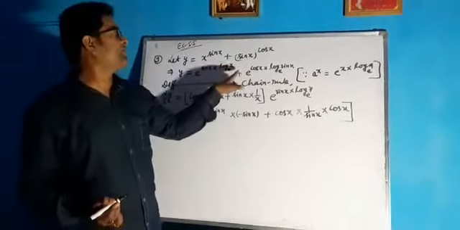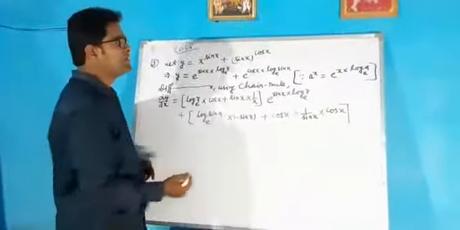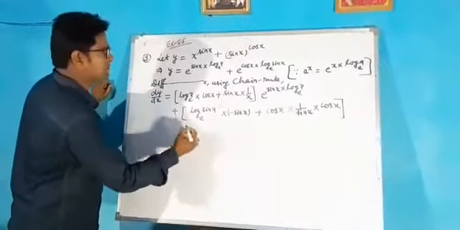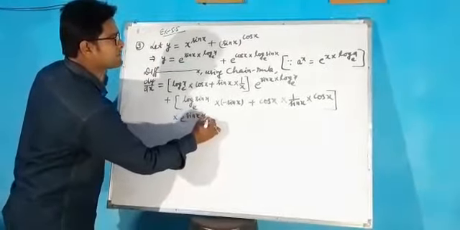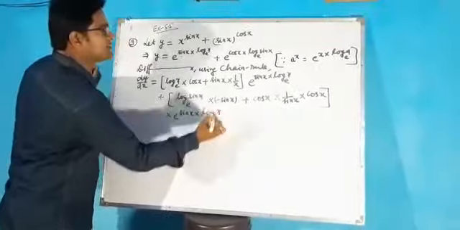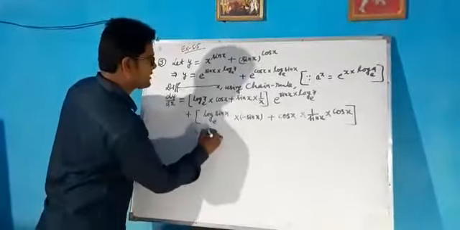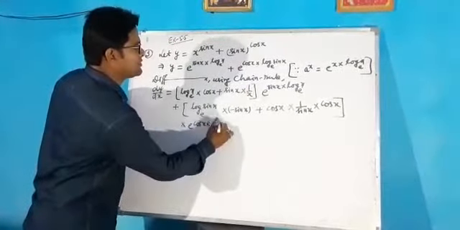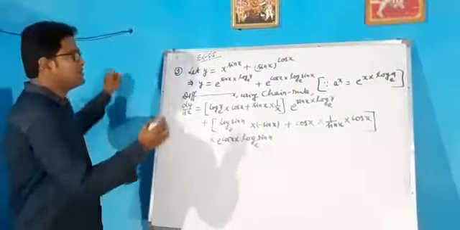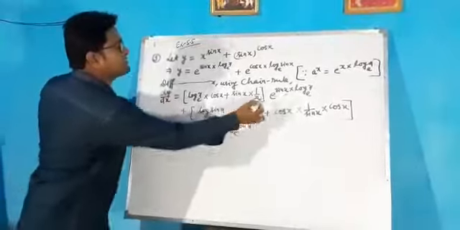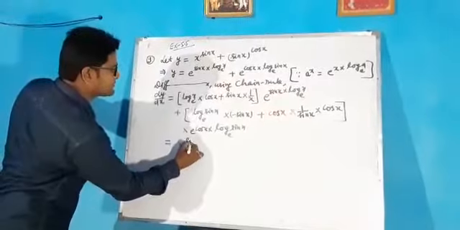Now, the derivative of this e to the power, this exponent, with respect to the exponent is the same function. So we can find it as e to the power sin x into log x base e. Sorry, it should be e to the power cos x into log sin x base e. The same function is repeated. Now how can you write it? In place of this large one, you can write again the previous function, x to the power sin x.